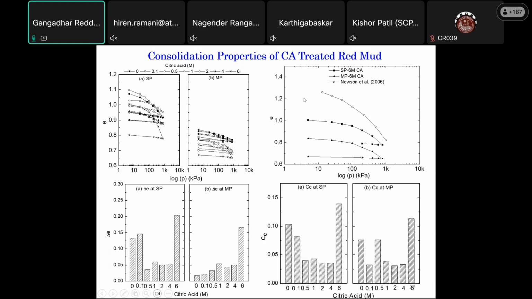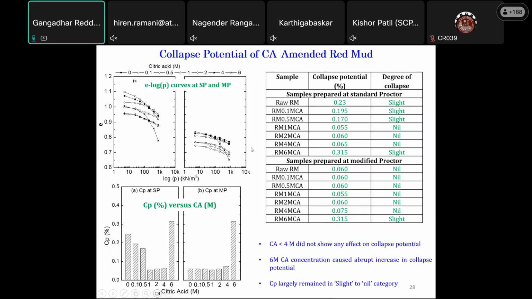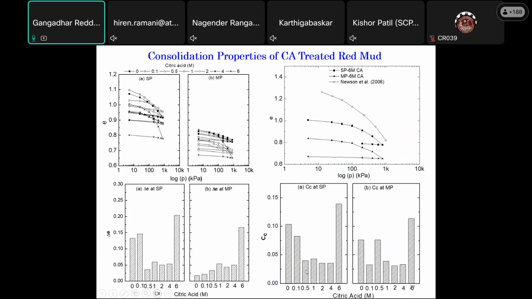So it shows that there is a change in void ratios, even though I used the same amount of compaction effort, like standard Proctor and the other one, modified Proctor. Okay, then after that, you can see here what's happening. There is a decrease in the CC value, so to understand exactly what's happening,